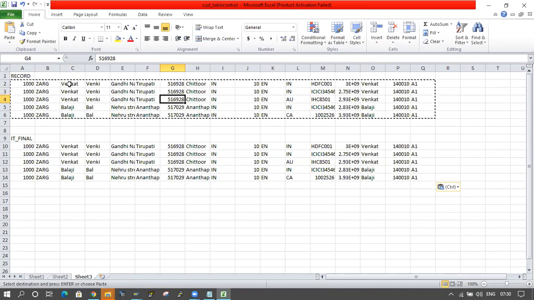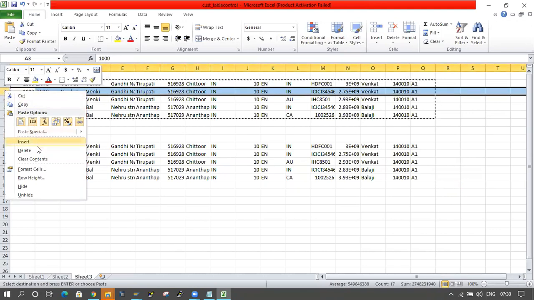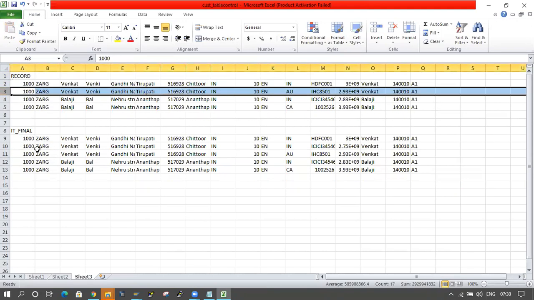So first of all, the first record will come. Then I will come to the second record. In the second record Venkat is there, and the previous record also Venkat is there, and it will come to the city. Tirupati is there for the second record, and the first record also Tirupati only. And the third field is the postal code, 5162629, I mean 928. The first record is also the same. So it will remove the second record.